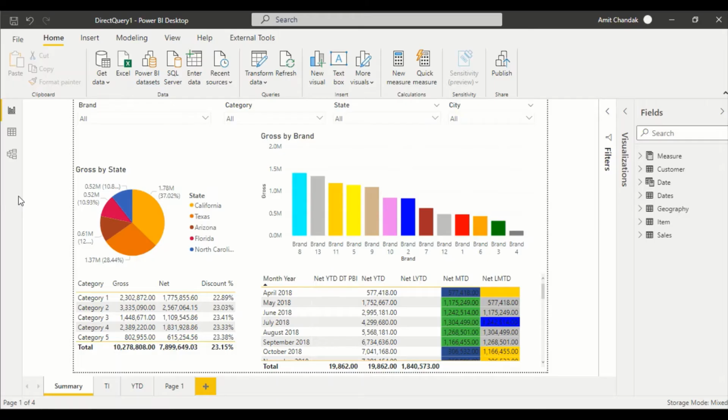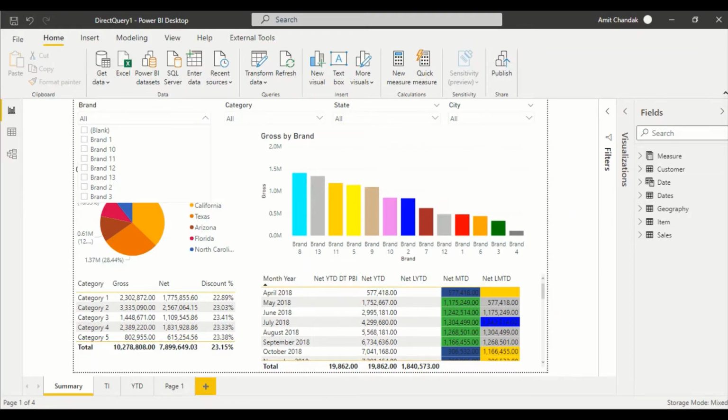So in this video, we are going to discuss a parameter page. Right now I am running in DirectQuery, and some of you have asked in the past that you would like to select the parameters and then press a go button. But what happens in Power BI typically is, if I select certain parameters, it is going to refresh at that time.